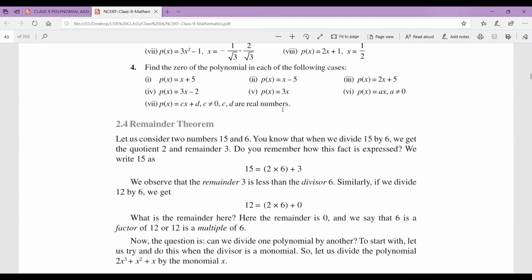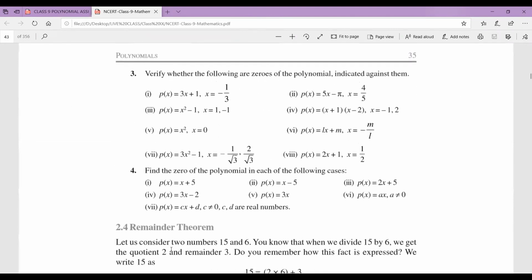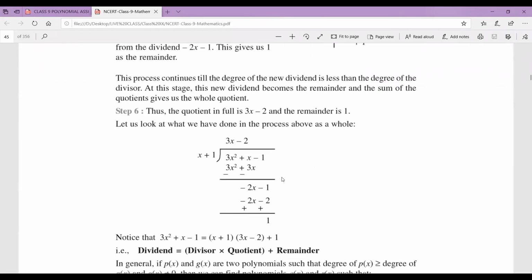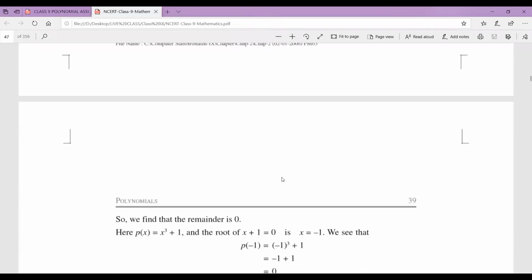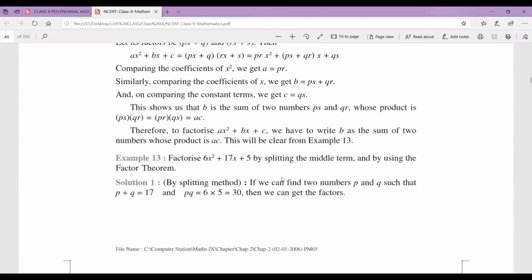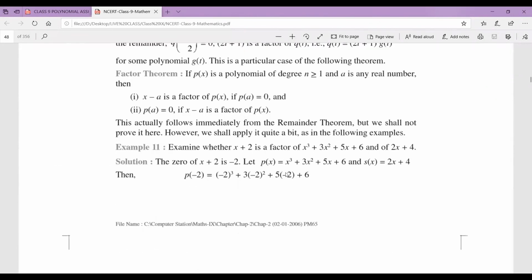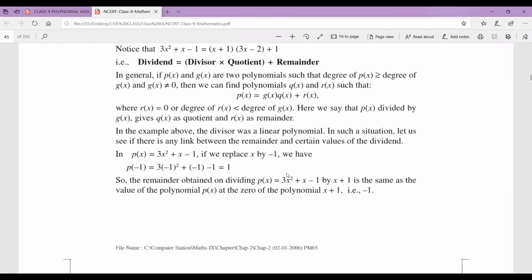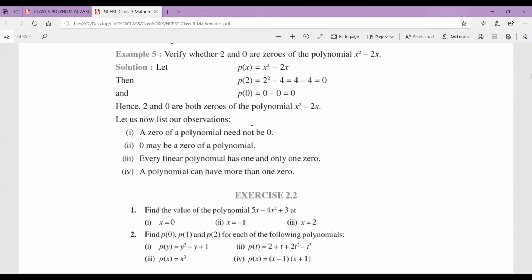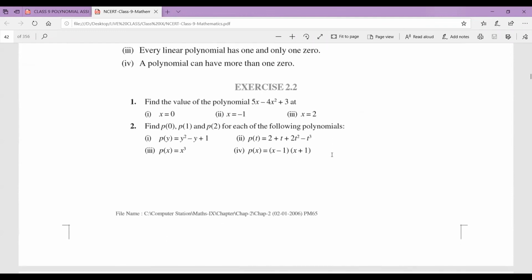Okay, so I think it's clear now. In the next class we will cover the remaining topic, that will be division actually, and then this exercise is completed. We have one more topic here, which we will see in the next class. So please try to complete this exercise 2.2 before the next class, so that we can discuss it.